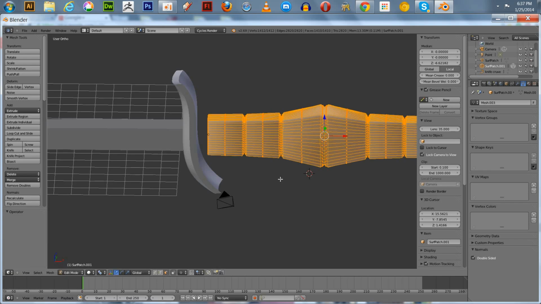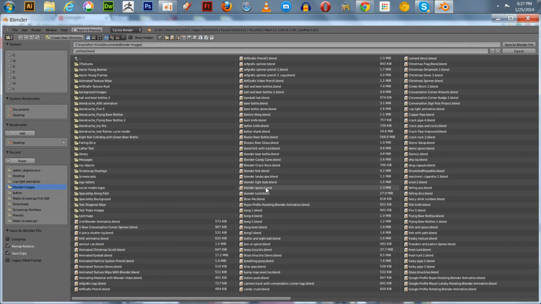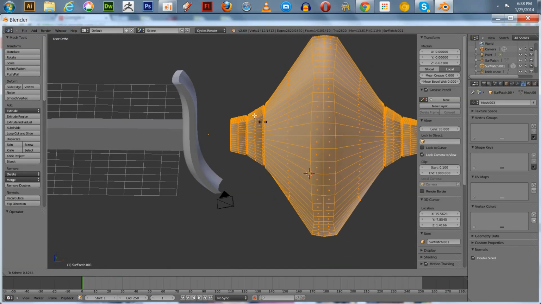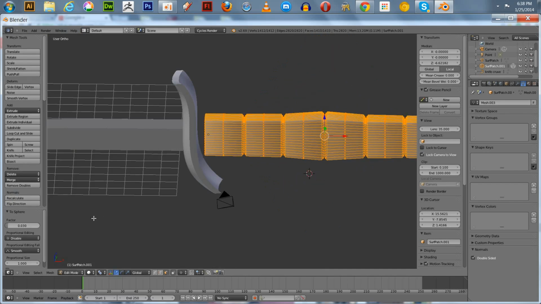Oh. Not too far. There we go. Control Z. We're going to Shift Alt S. Whoop. Back previous. Alt S. And I guess enabling the smooth, we'll just take that off. Anyway, that's